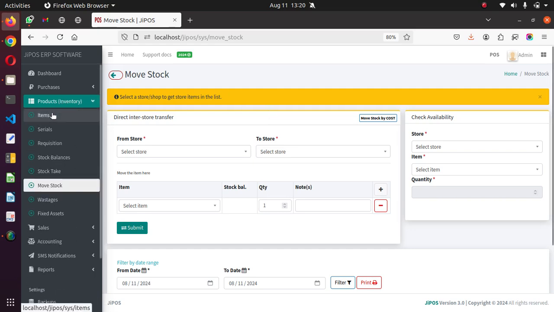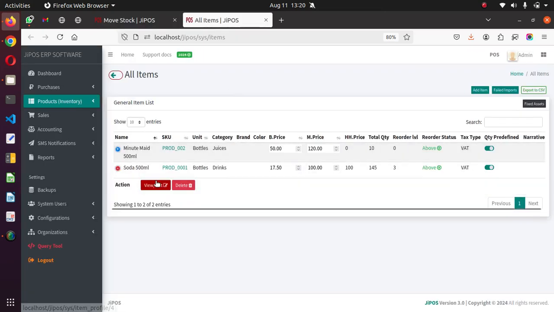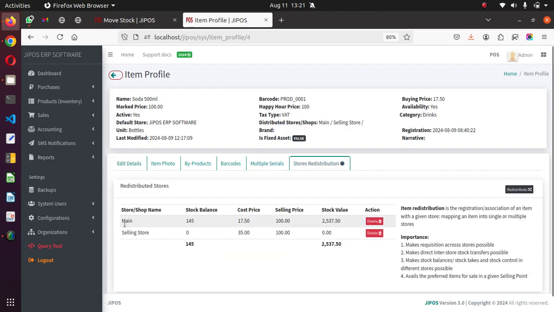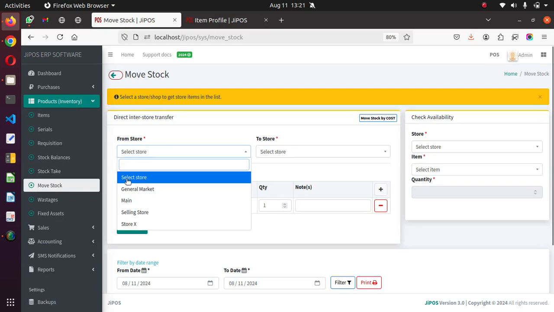I'll visit first the item profile, open that in a new tab, and I'll take this particular soda. I'll view it. So if I come to store distribution, I know my soda is already here, redistributed in the main store and of course the selling store. The stock balance here is 145 and the stock balance in the selling store is 0. So I'll come to, of course, products, move stock, and I'll select from which store do I want to do this,